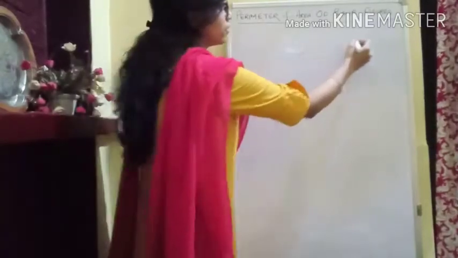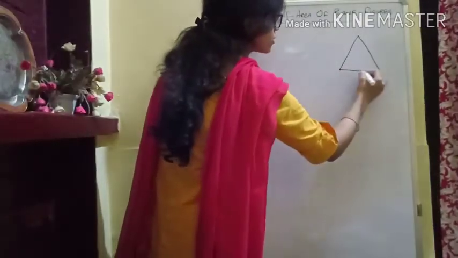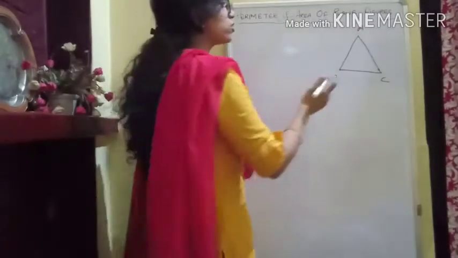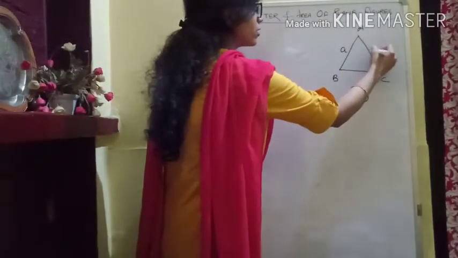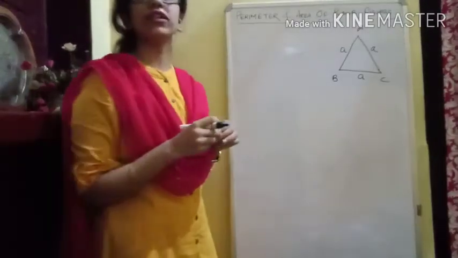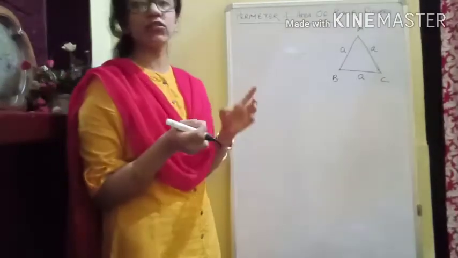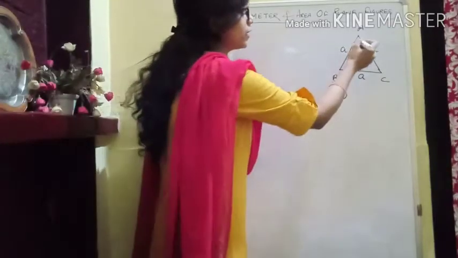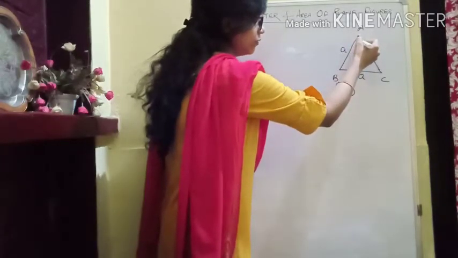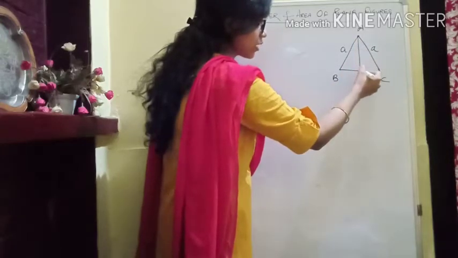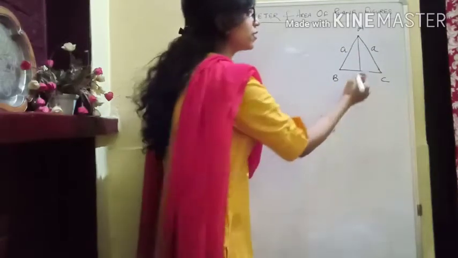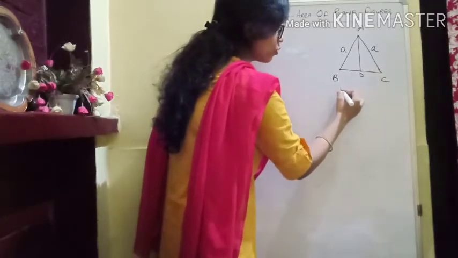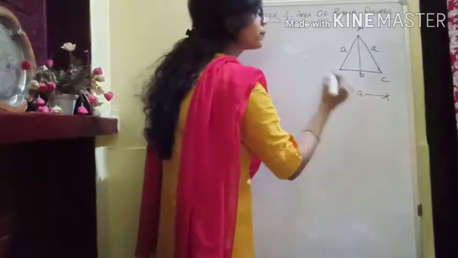If you have an equilateral triangle, let's say ABC, and since it is an equilateral triangle, all sides will be the same. Let's say all of them are equal to a. Okay, and we have to calculate the area. Since we don't know any perpendicular, we can use Heron's formula as well. But here we can use one property: from one vertex we draw the perpendicular on the opposite side. You can use any of the vertices, it is going to be the same. Let's say this point is A, and this whole side, as we have taken, is small a.